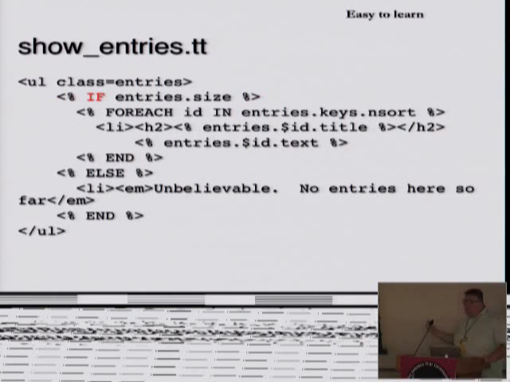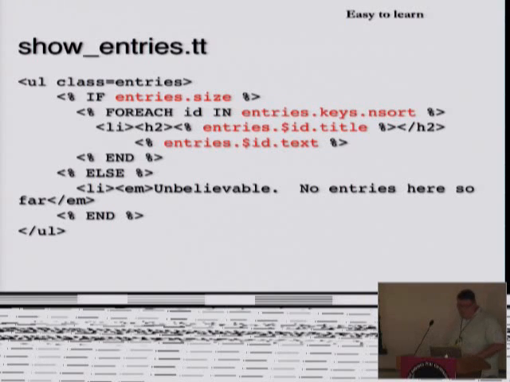All right, so this is an if. This if statement is part of Template Toolkit. It's just logic, just like you would assume. But what it's trying to do here is say that if this hash value, entries, has any size, if it has any members in it, then go ahead and execute this iteration here. So every time we pull an ID out of the hash, I want you to print out a list. That's essentially what that says. You can see I'm doing a whole bunch of hash operations here. Is everyone clear on what's going on here?